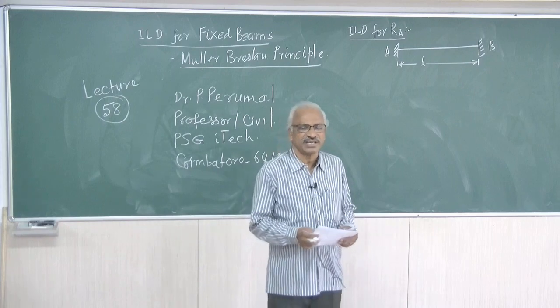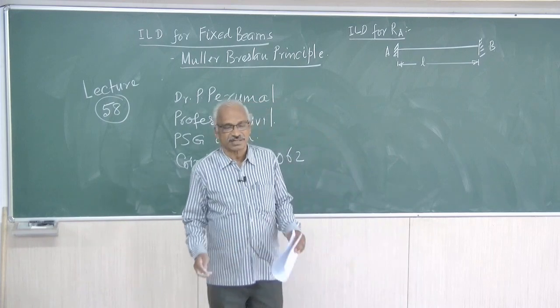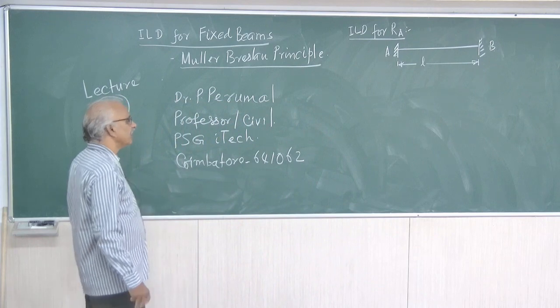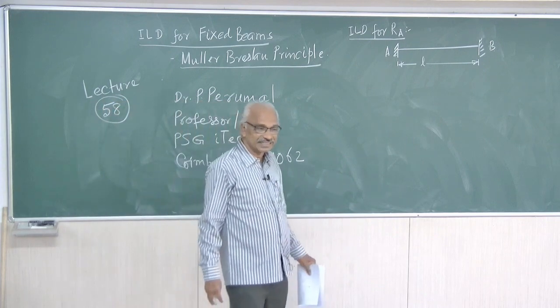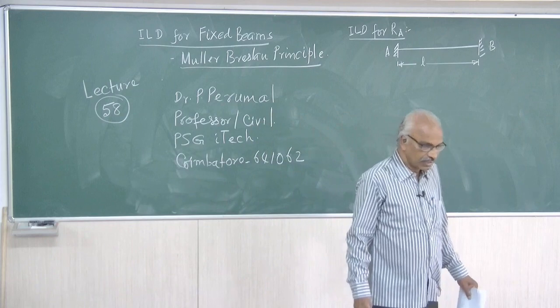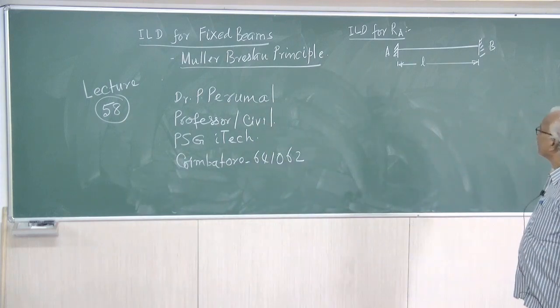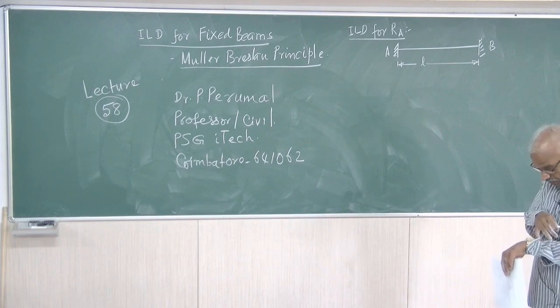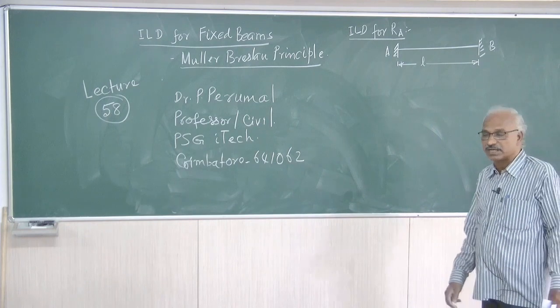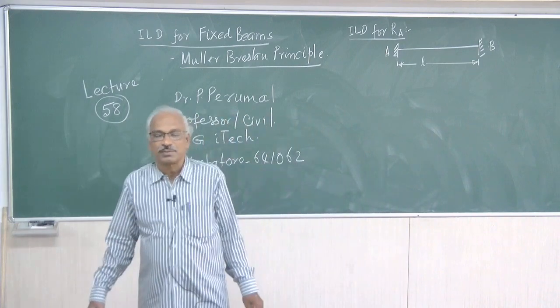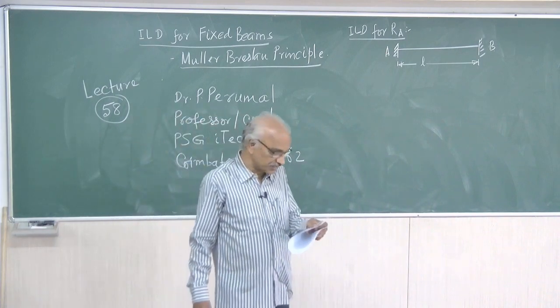We will straight away take up an example, right? We will take a fixed beam. We will take a fixed beam AB of span L. Now let us say we want the influence line diagram for RA. Influence line for RA. Now as per the Muller-Breslau principle,